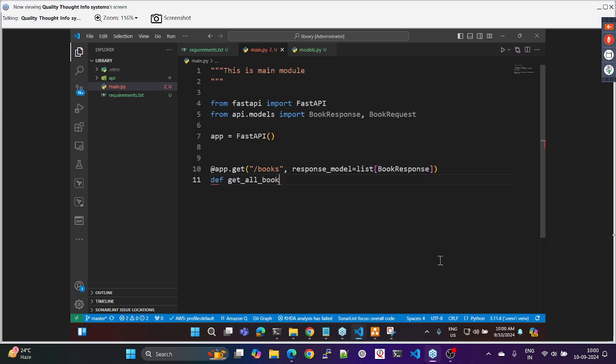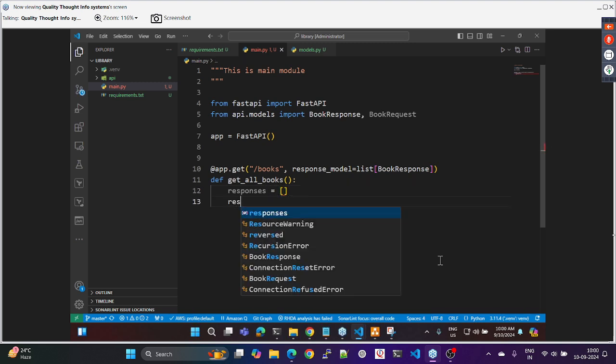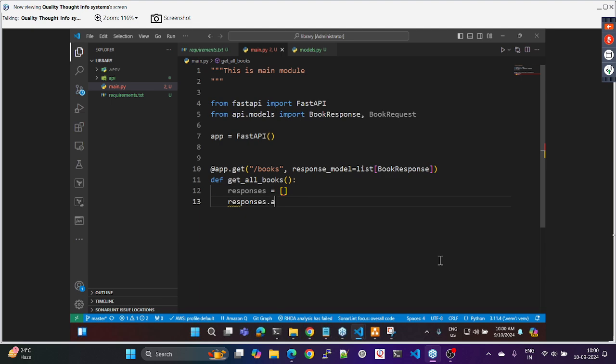Okay, and define get all books. Okay, now all I have to do is, responses is equals to this. Now responses dot append. Creating a dummy response. Ideally you should write code for this, but let me try to generate a dummy response. So what is the dummy response? I want to basically try to add